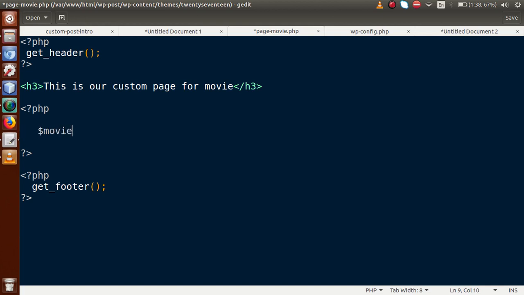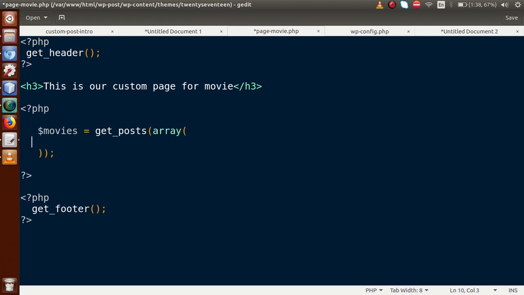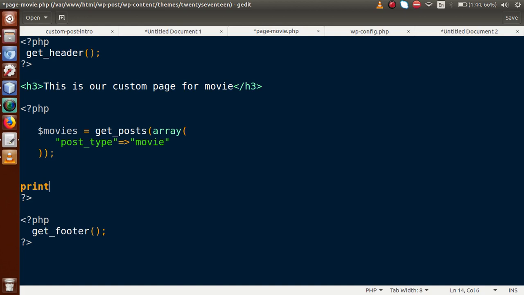So let's say movies equal to getPosts. Basically this is a WordPress function, guys, which retrieves all the information that you pass inside this variable. So inside this we are going to pass the post type that we want to retrieve, that is post type equal to movie. By passing this key, it will retrieve all the posts from our table called wp_posts according to this movie type. So if I copy this movies variable, paste it here, and use print_r,